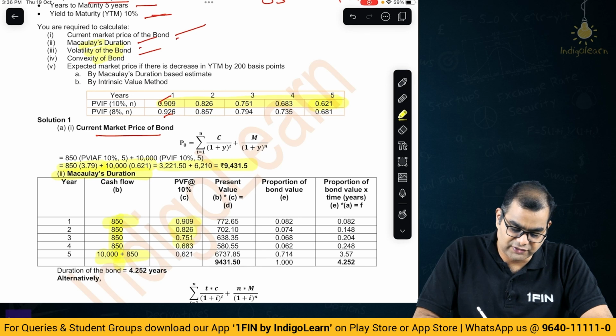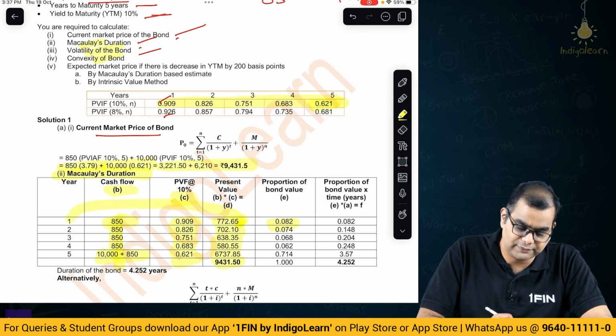Then present value factors for all the 5 years are given. Then you multiply these present value factors with the B and C is equal to D. Basically, multiply the present value factor with the cash flow. Then what you do is you can directly multiply this